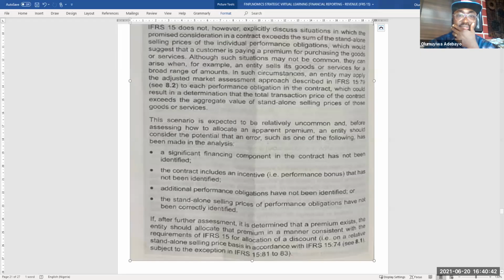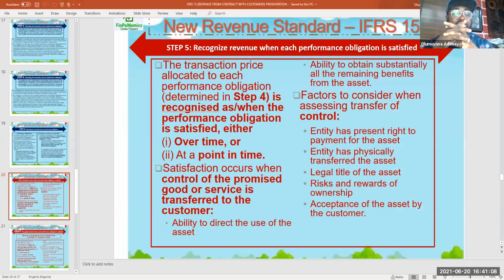Now, let's look at our slide. Now, the transaction price is expected to be allocated. Please, can you share your slide, sir? Which is in step 4. After the allocation, okay, after the allocation, I've not shared the slide now. After the allocation,